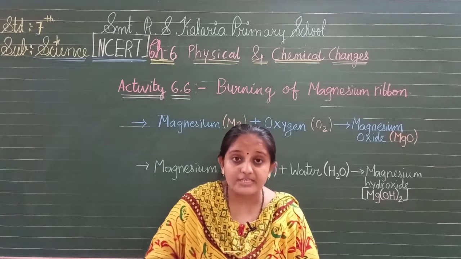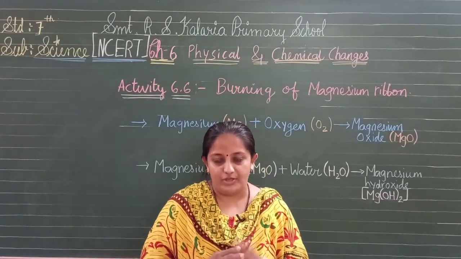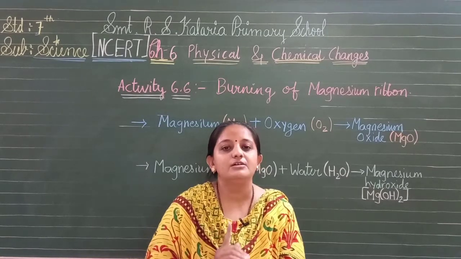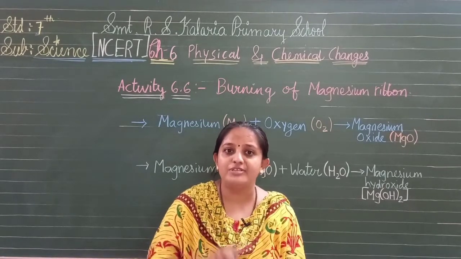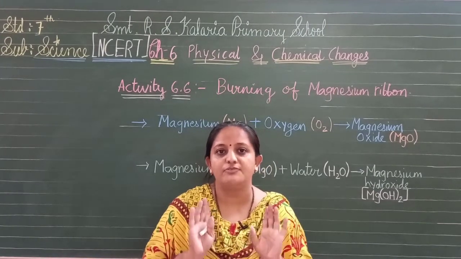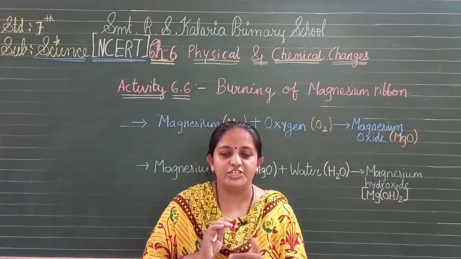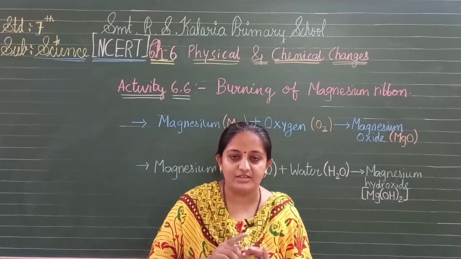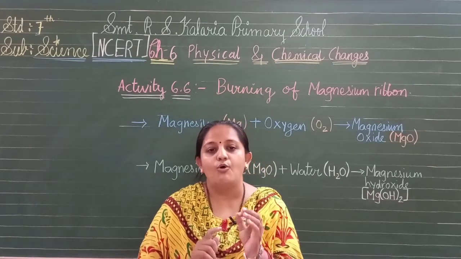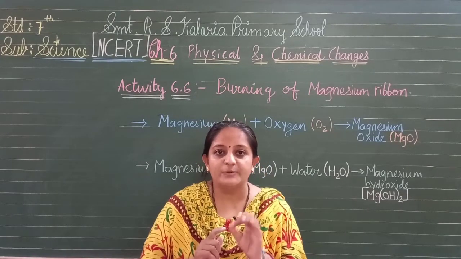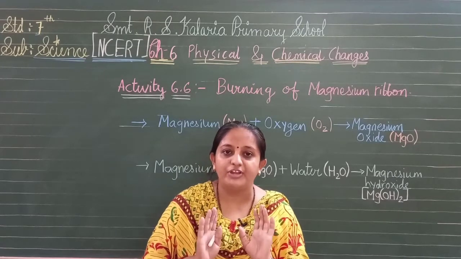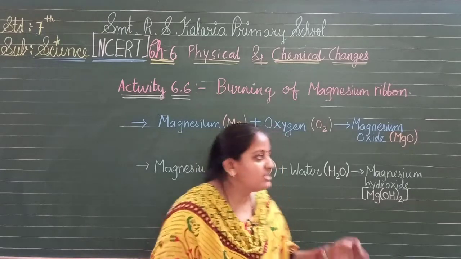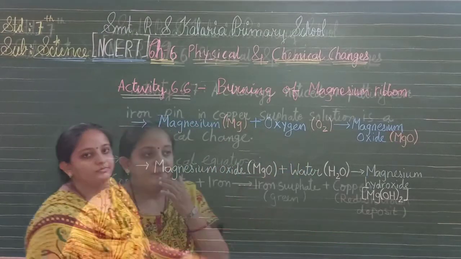So these are the examples we see in our daily life for chemical change, which reacts with another substance and forms a new substance. Again I am telling, in physical change a new substance doesn't form, only change in size, shape, position; these are all properties of a physical change. But in chemical changes a new substance is formed at the end of every reaction, or some other substance evolves. Okay, so this is about the MgO.